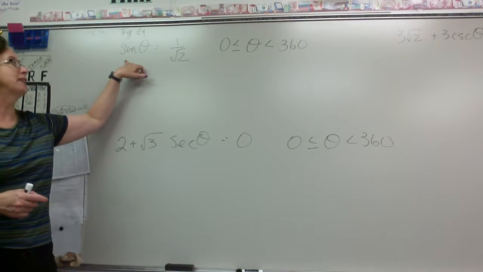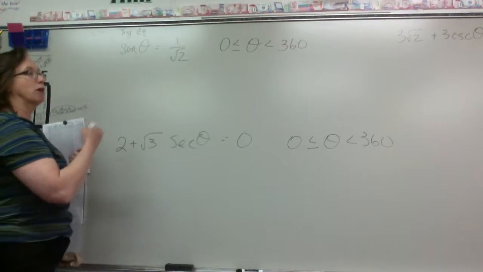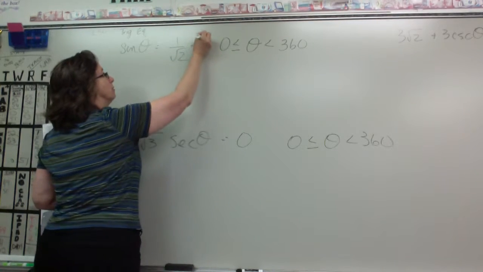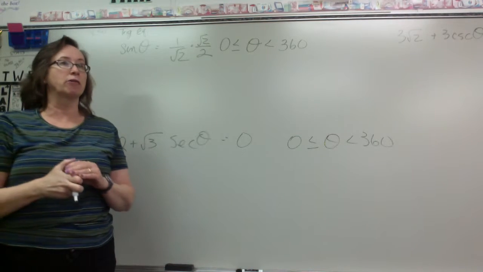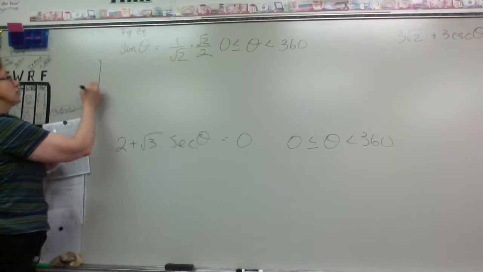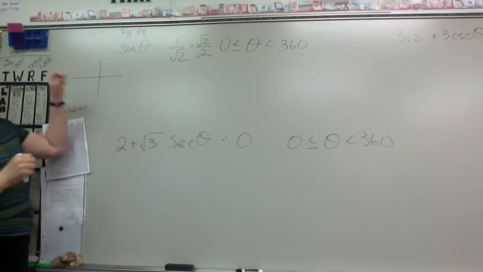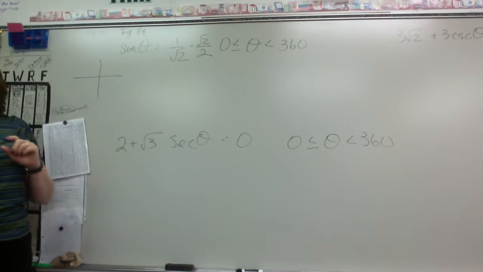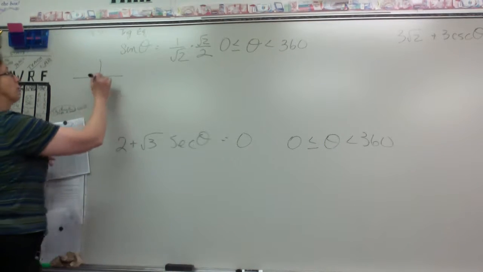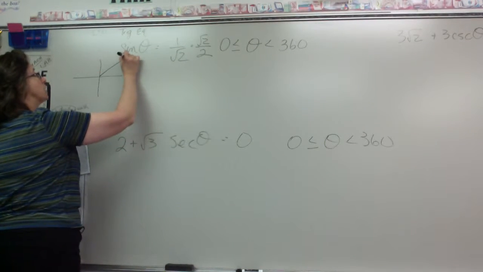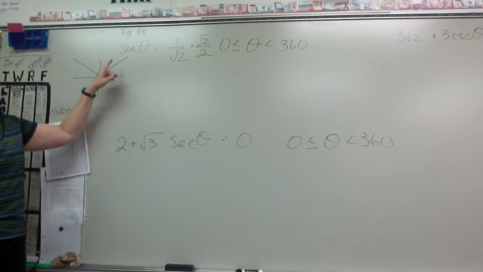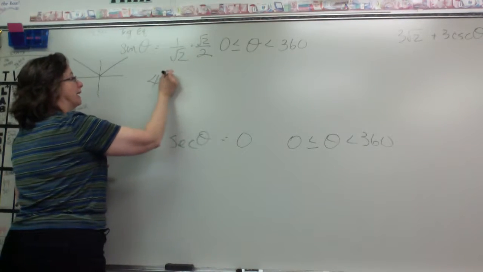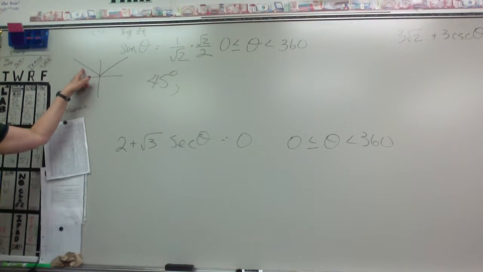This would be true: sine of theta is 1 over square root of 2. Well, 1 over square root of 2 is equal to what? Square root of 2 over 2. You think, where is the sine equal to the square root of 2 over 2? Now remember in your unit circle that some of your 45s will be positive on the sine and some will be negative on the sine. So which ones are we looking for? We know this is a 45 degree, so we're going to look for the 45 degrees that are upstairs on our unit circle. So we're going to have 45 degrees, and what will this one be? 135. 135 degrees